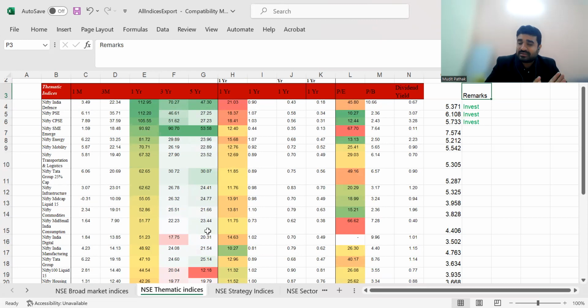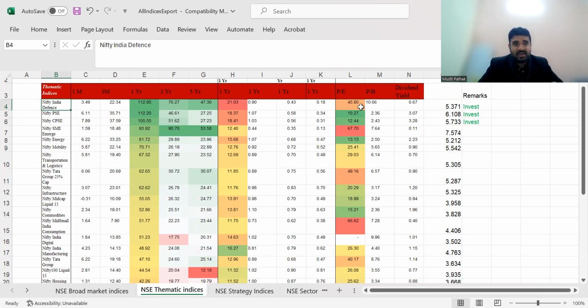Next, we are talking about these broad market indices. Now we see some thematic indices. Thematic indices are based on certain themes. This has been a crazy year, 2023 to 2024 till now, because of elections. You see a lot of themes which are getting a very bull run in the last 1 year or so: public sector enterprises, central public sector enterprises, Nifty India defense.